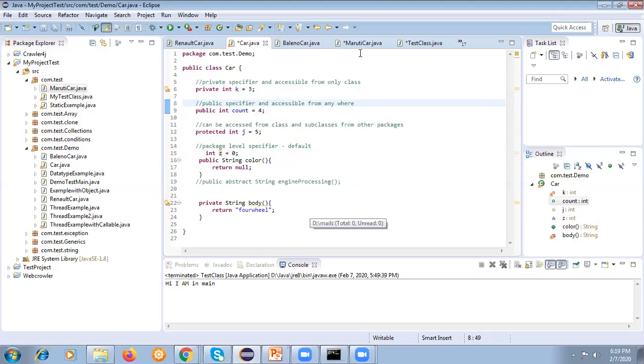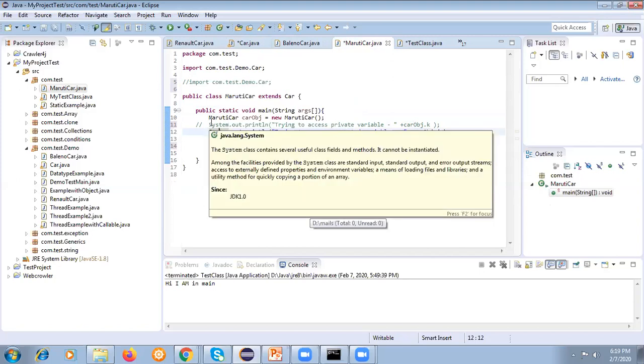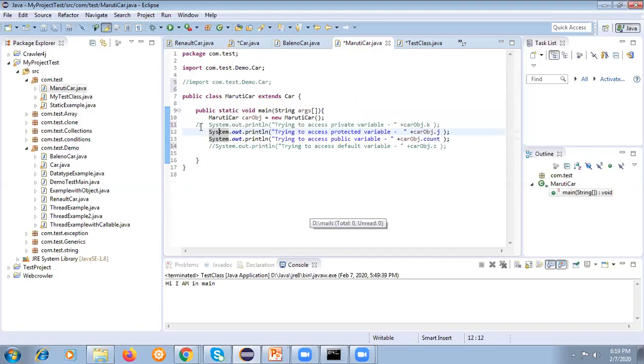If you come up here again, this Maruti car, I have tried this. I can access this car class variable from here. I can show you how the access can be restricted.